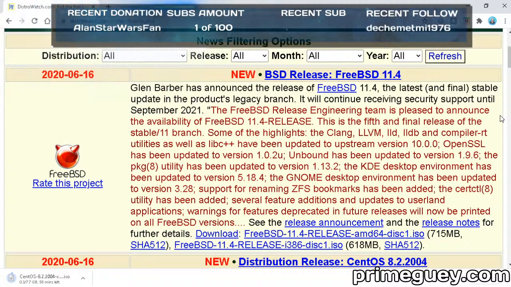Supporting the renaming of ZFS bookmarks has been added to certctl, or I call it cert control, utility has been added. Several features and additions and updates to userland applications, warnings, and features deprecated in future releases will now be printed